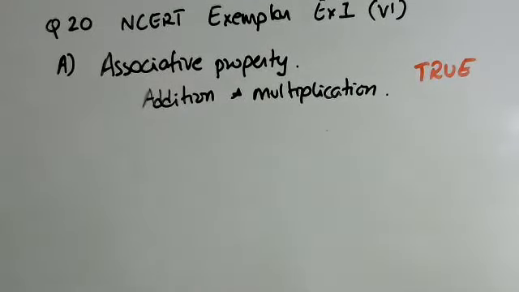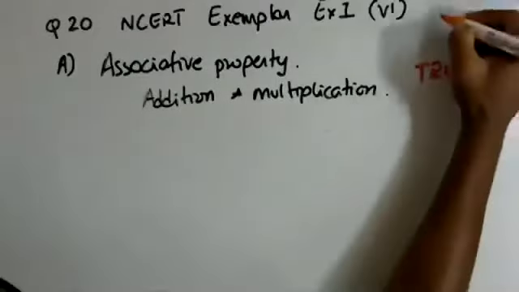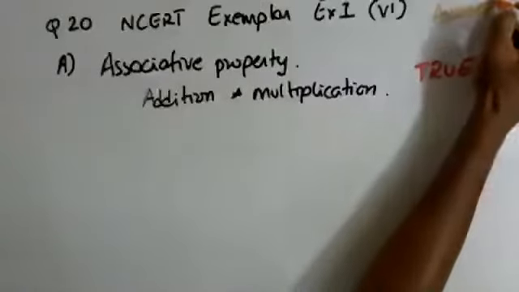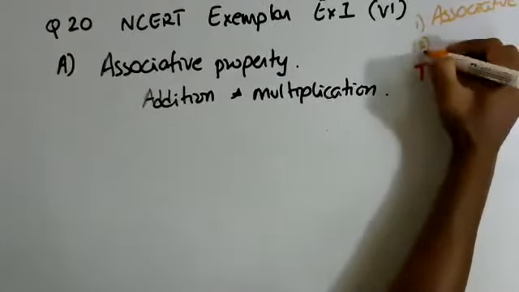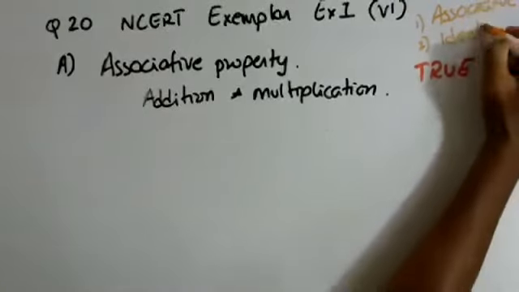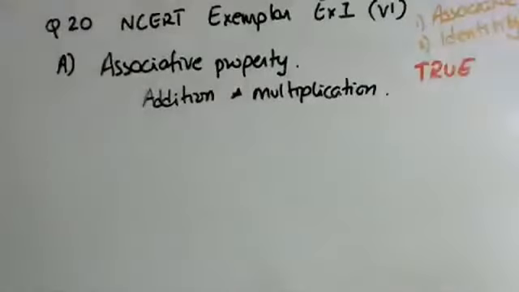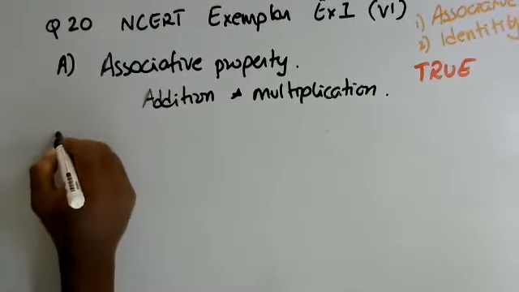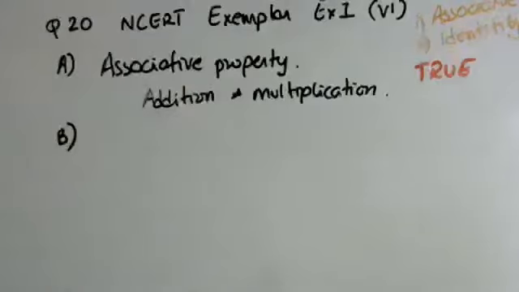Okay, so one thing I should note down over here is that somebody has a confusion between the associative property, which is a property of numbers, and identity functions. Okay, so we will come to that. It's a good thing that in the same question we see the associative property as well as the identity function. So then we can compare the two and be clear about which one is which.